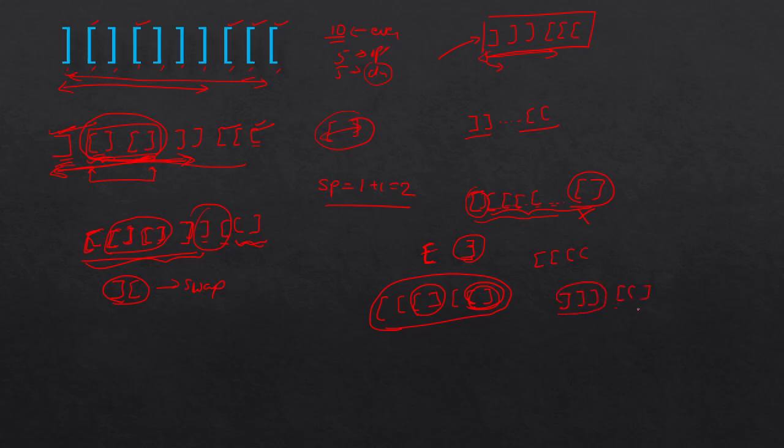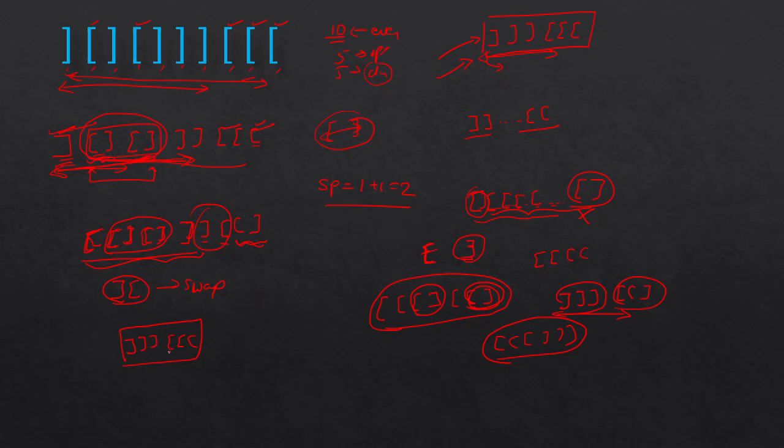First all close, then all open. Why I'm saying that: if they are all open first and then close, they will automatically be removed while sanitizing. Okay, so they have to be like this. Getting my point? First close, then open. So if you see this particular string, you have got now why we will get this particular string and why we need to sanitize, because after sanitization only we will get a much clearer picture of how many to swap to get a minimum answer.